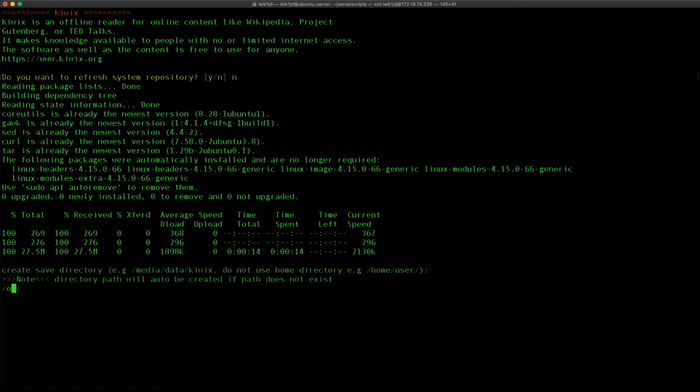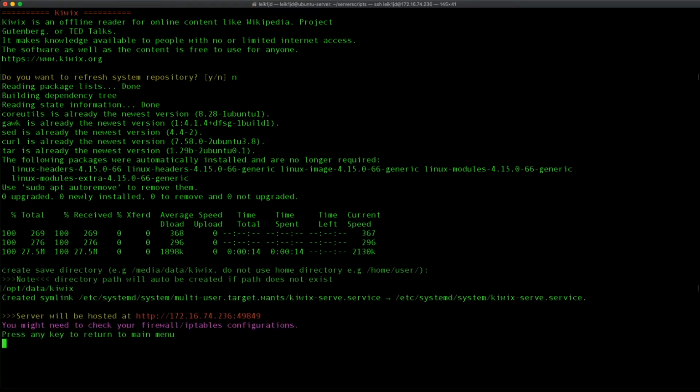/opt/data/Kiwix. And so as you can see, that has not only finished the install already, but it has created the systemd service for us, and our server will be hosted at